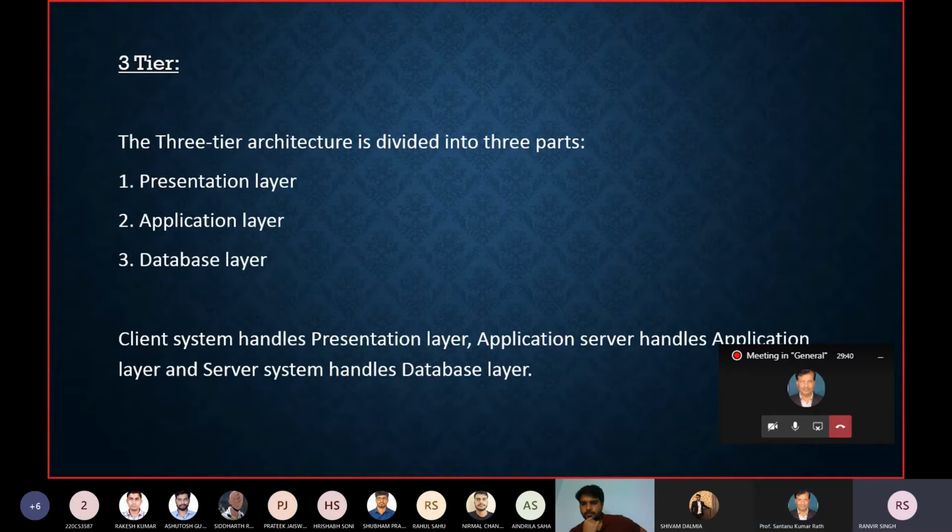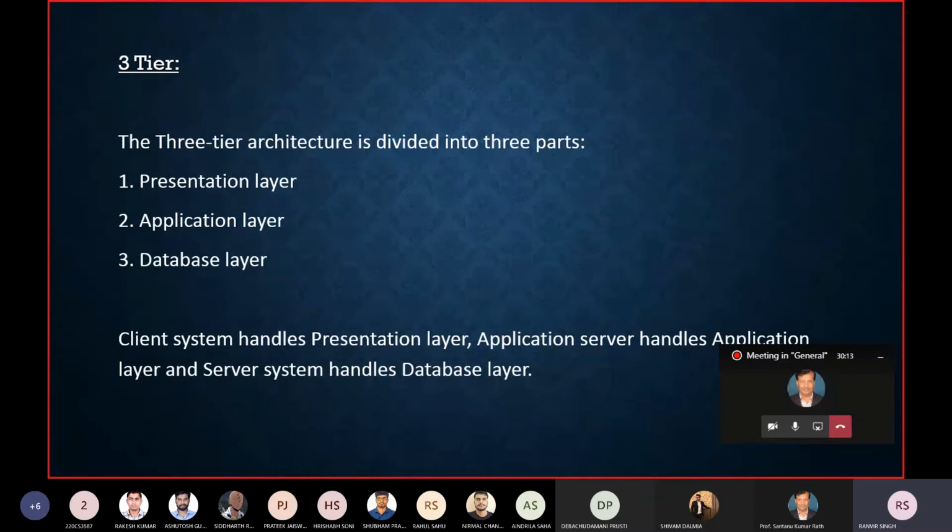Now three tier, or we can also say three layer. In this architecture, the presentation, application and database layers are all three separated. In the two tier, the presentation and application layers were in the client layer, and only the database layer was separated. But in three-tier architecture, all three layers are separated.